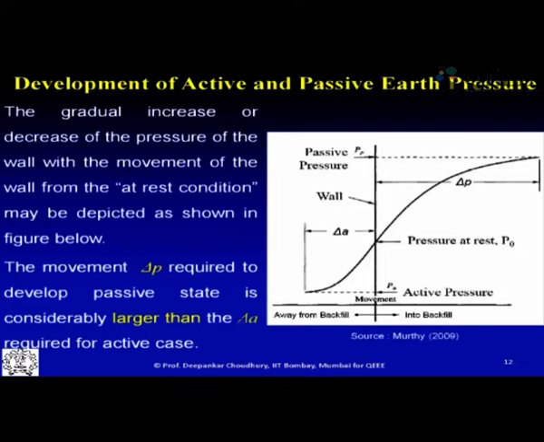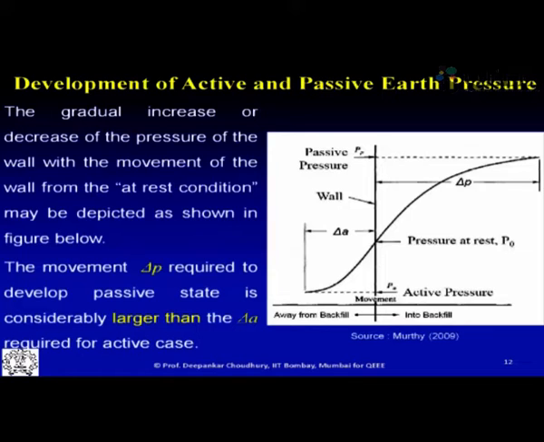Among these three various states of earth pressure, active state is the lowest value of the earth pressure which can act on a wall. So as a civil engineering designer, if we want to design any wall, we actually want to design it for the active state. That is the reason why active earth pressure theory is so important and so much applicable in the field, because